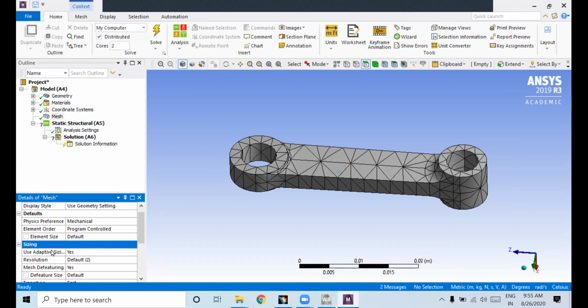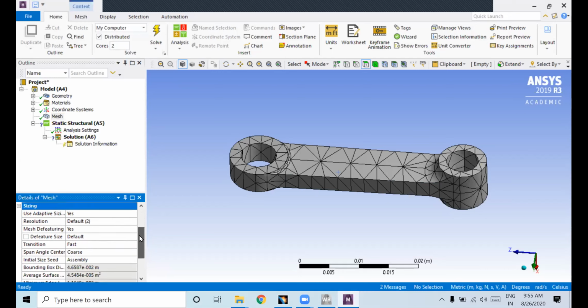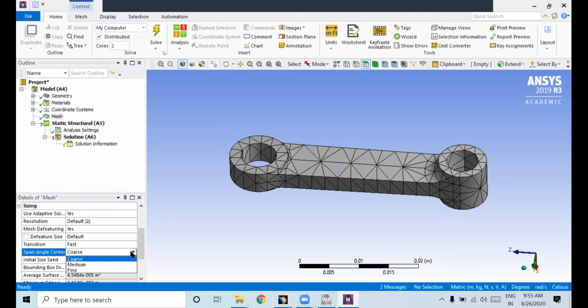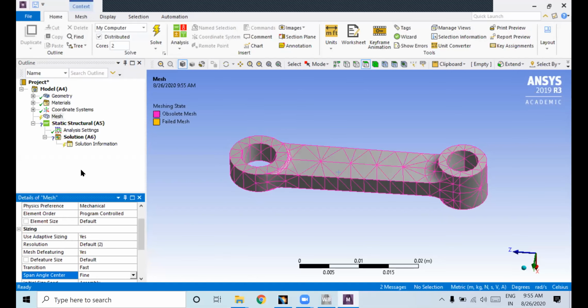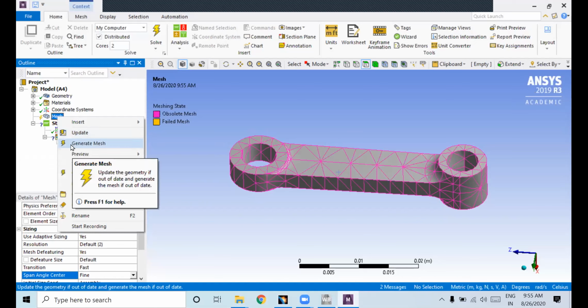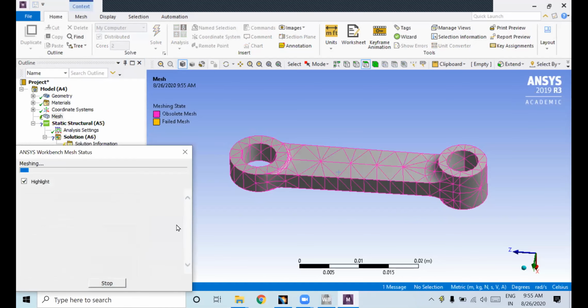Not sizing, one minute, where is that? Yeah, here if you go to span angle center, we have coarse mesh. If you go to fine mesh, select the fine mesh, right click on the mesh and click on generate mesh. Again it will remesh.